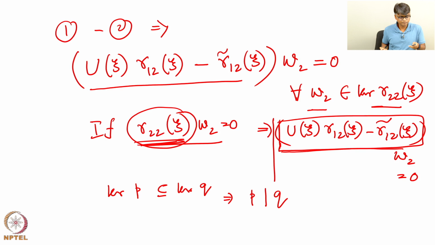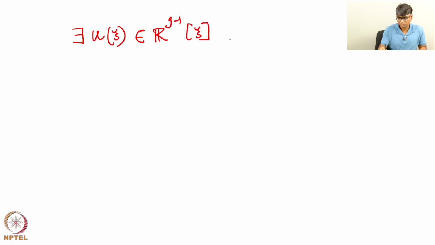What does that mean? That means there exists a vector of polynomials of size G minus 1,